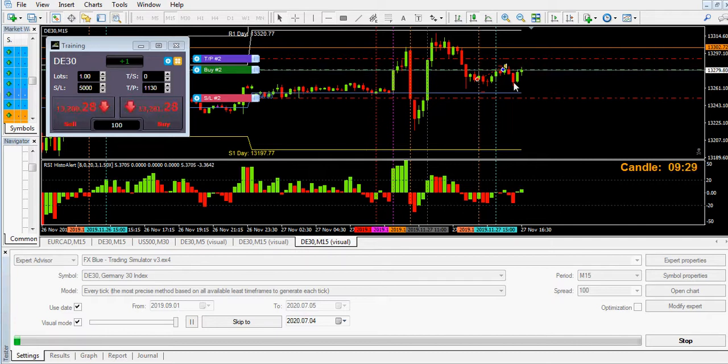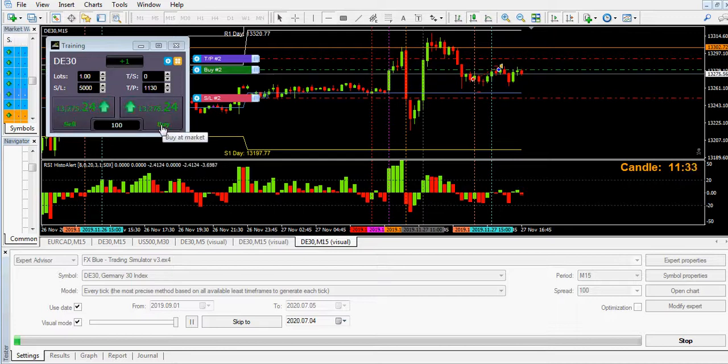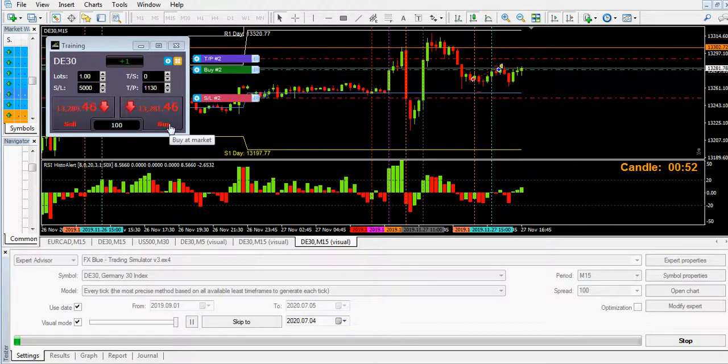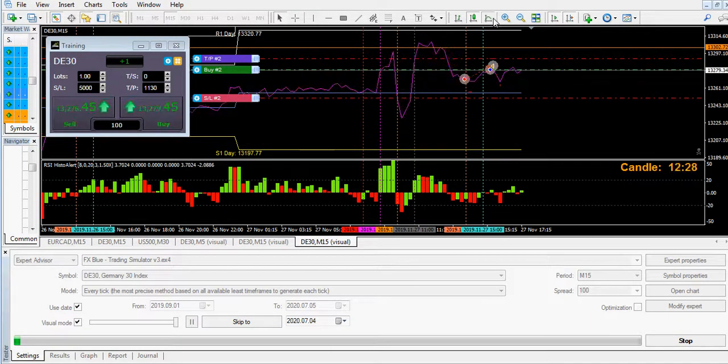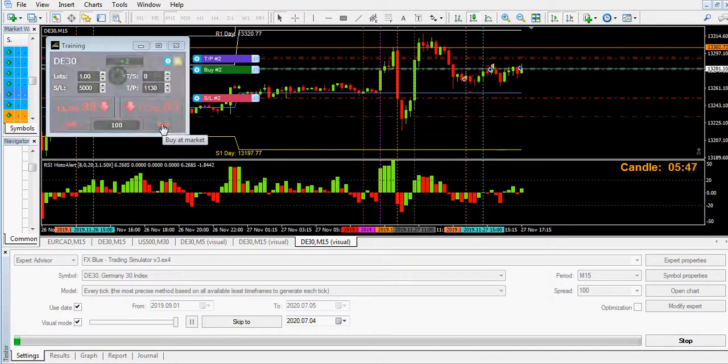When it does, if it corresponds with momentum here, we could have a go at a long, which will close the short trade automatically. Should do anyway. We'll try that. There's not much momentum here, so it works in exactly the same way as live trading would. Momentum's picking up. That still hasn't confirmed to the long side there, so not a valid long trade. This is now making a swing trend down. You can use everything like you would normally on live charts. Now that's looking good to the buy side. So oh, it didn't close the other trade automatically,